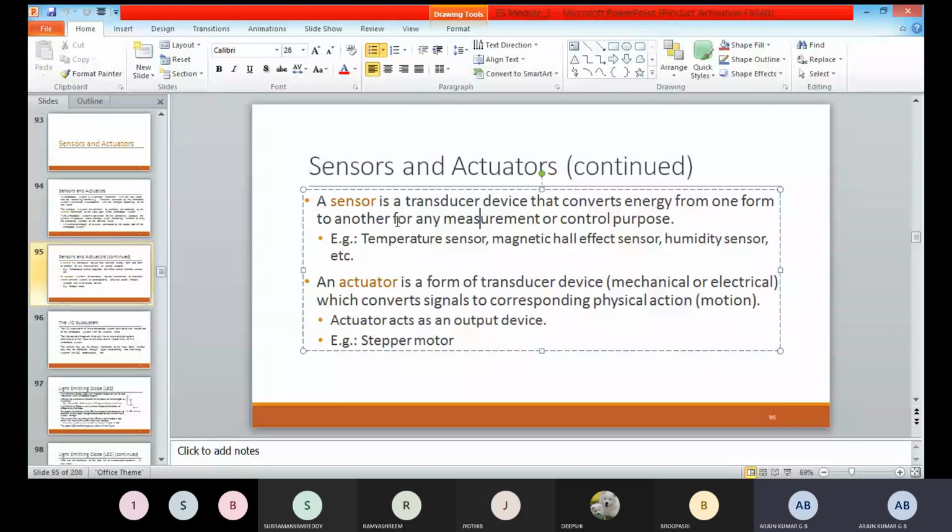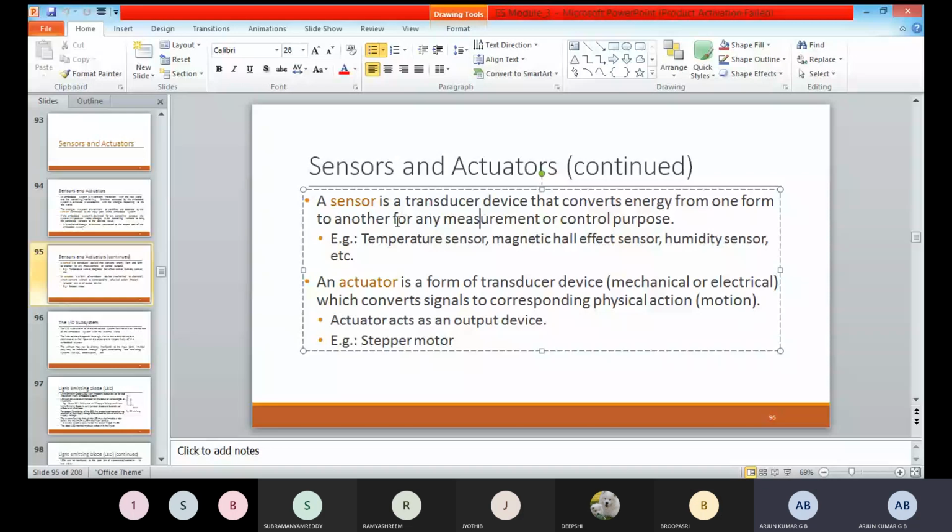And then the input output subsystem. The input output subsystem of the embedded system facilitates the interaction of the embedded system with the external world. Input and output ports should be there in the embedded system. Through these input output ports only, we can make the connection with external devices. The interaction happens through the sensors and actuators connected to the input and output ports respectively. It means that all the sensors are connected to the input ports, but all the actuators are connected to the output ports in the embedded system.